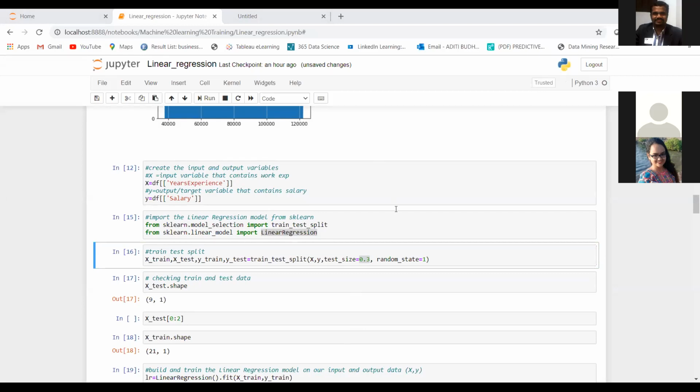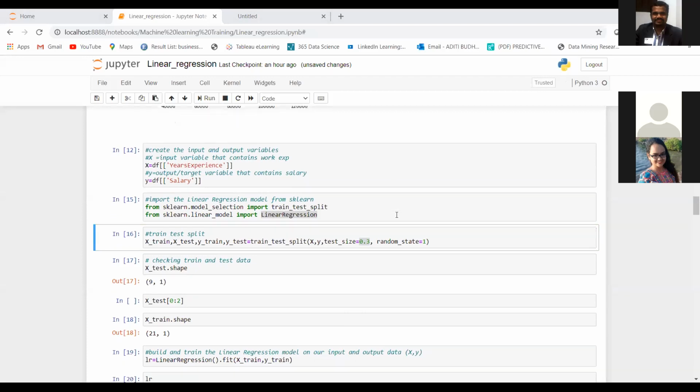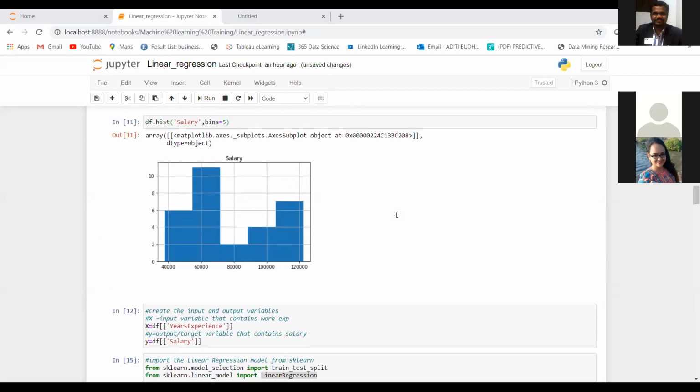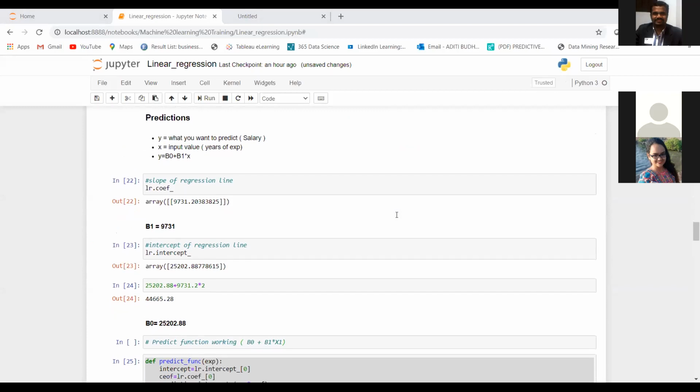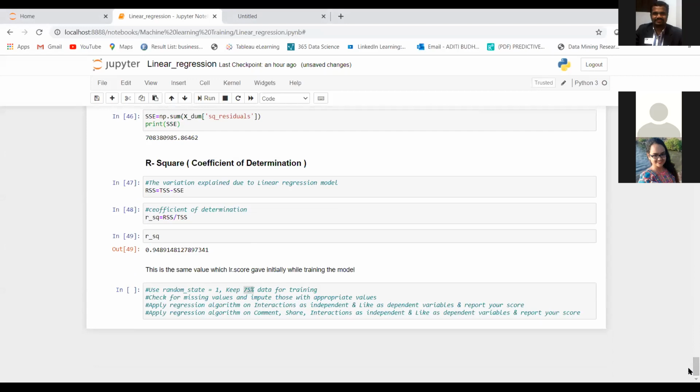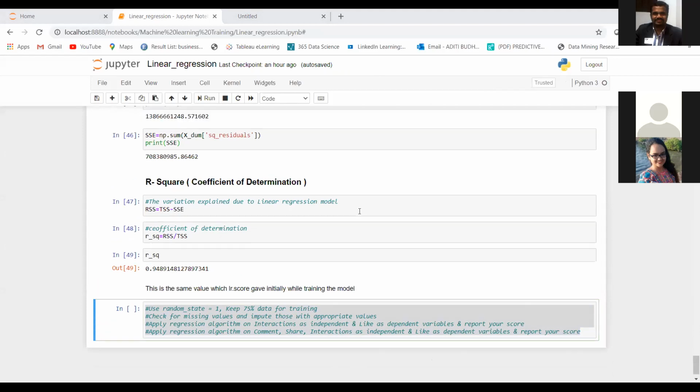Okay, so guys, any doubts over here? Any doubts you have got in linear regression? We have come to an end of linear regression. Kindly try this out. I will share this over our chat also, and I will share this across the WhatsApp group also. So any doubts over here?